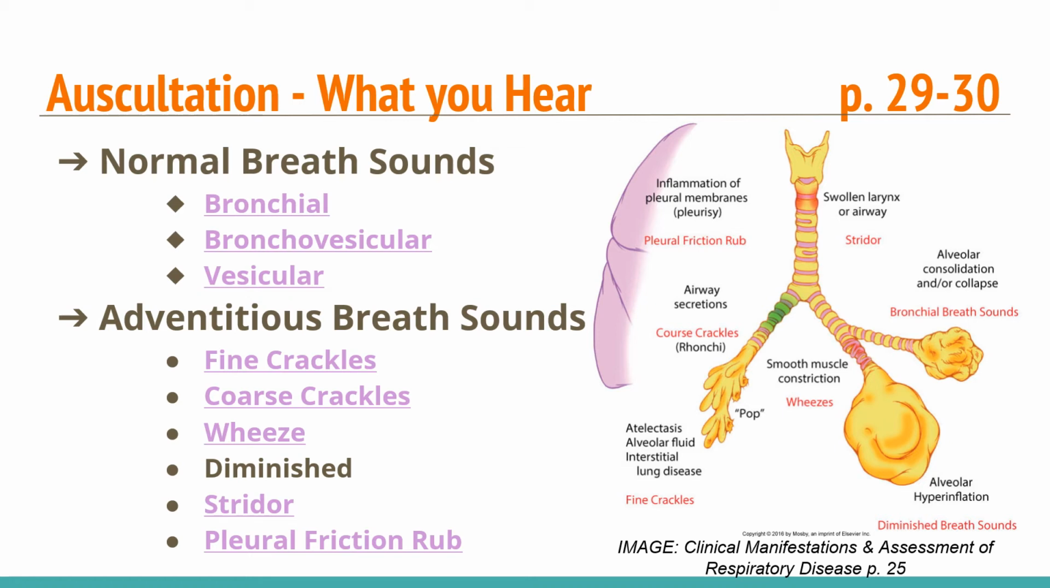Stridor then is generally always in your upper airway, post extubation, anything that has to do with your upper airway. That's your more common one, croup. And then your inflamed pleural space is going to give you your pleural friction rub. So you're listening to the pitch of these wheezes or these different sounds, the rhonchi,